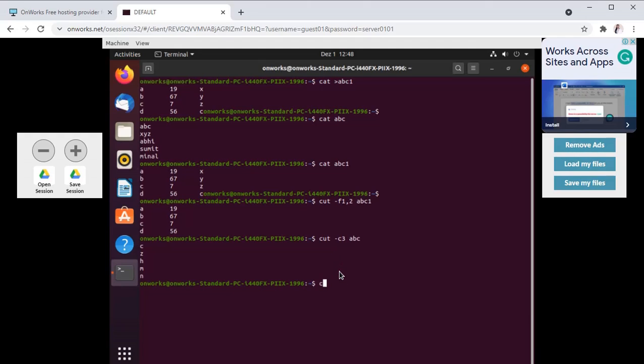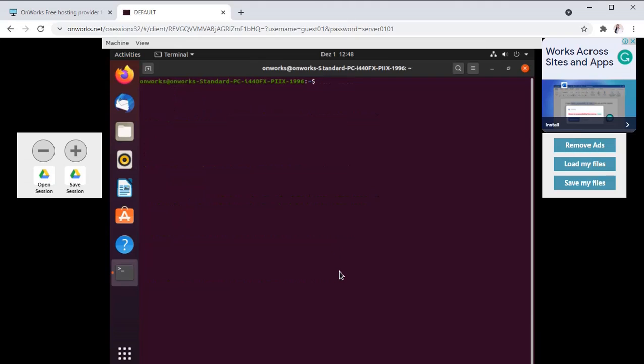Now the next command is the paste command. The paste command is used to join two files horizontally. Now I have one file, cat abc, enter. Now I want to create another file, cat abc2, enter.